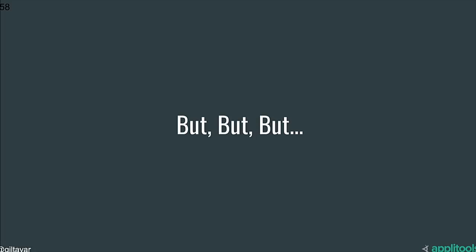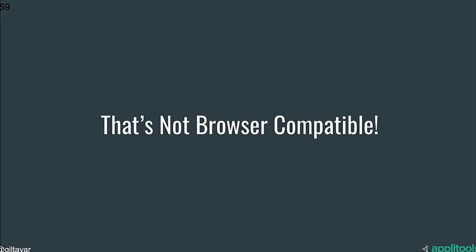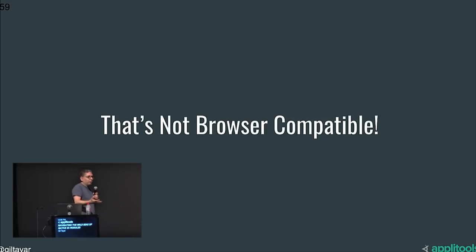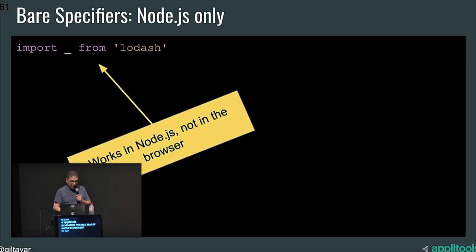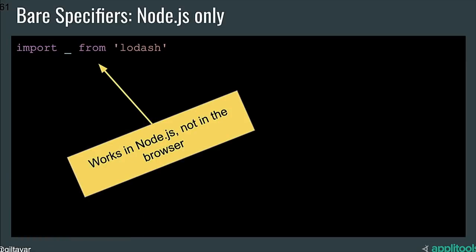But you're saying, why do we need this whole thing? Because bare specifiers are anyway not backward compatible. It doesn't really matter whatever we choose in Node.js because there are no bare specifiers in the browser. Which brings us to, yes, they're not specified there yet. They're currently illegal. If you try to put a bare specifier in browser code, it will blow up and give an error. And it works in Node.js. But